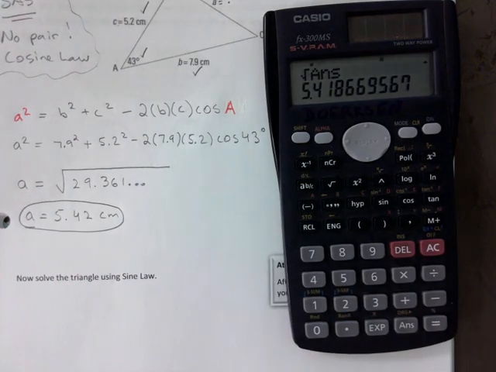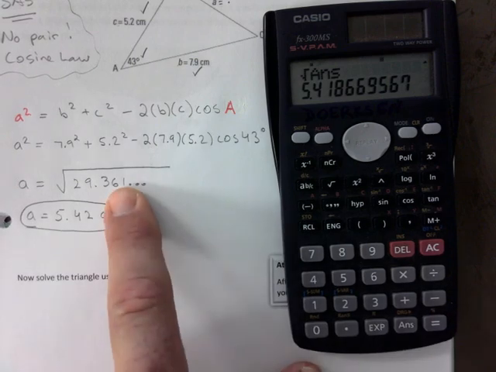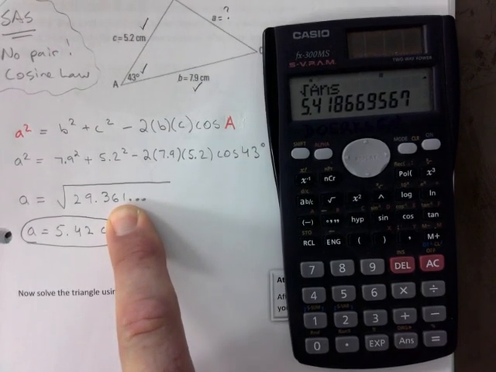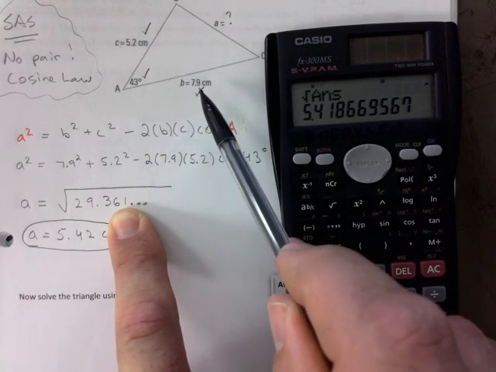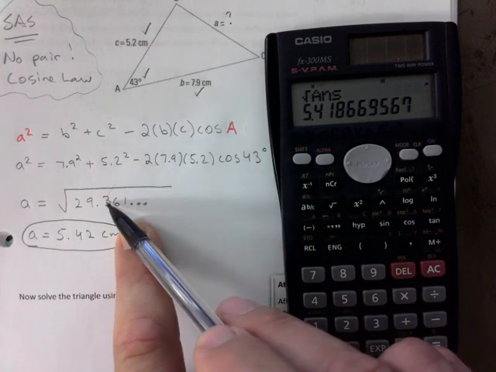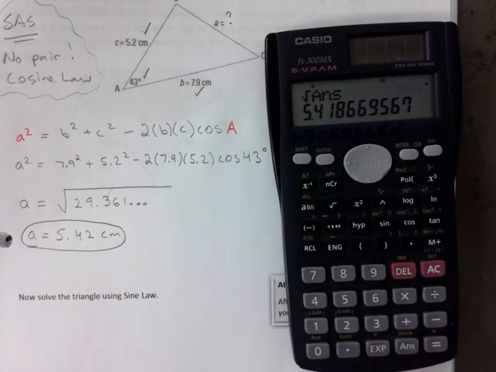Would it have made sense to have an answer of 29? Look at the triangle. I have a side of 5.2, I have a side of 7.9. To all of a sudden have a side of 29 is a little outrageous, right? It's a little out there. So